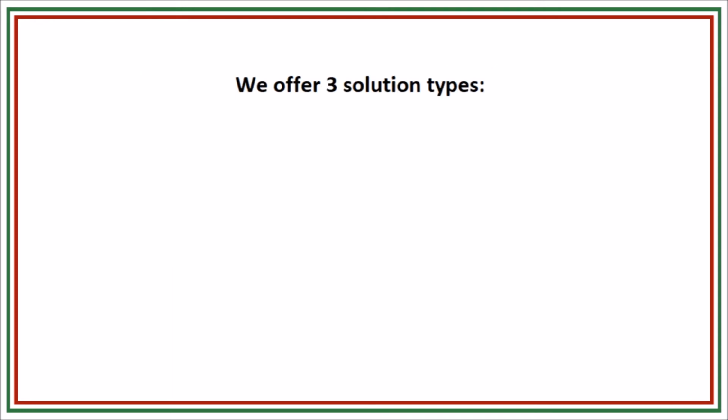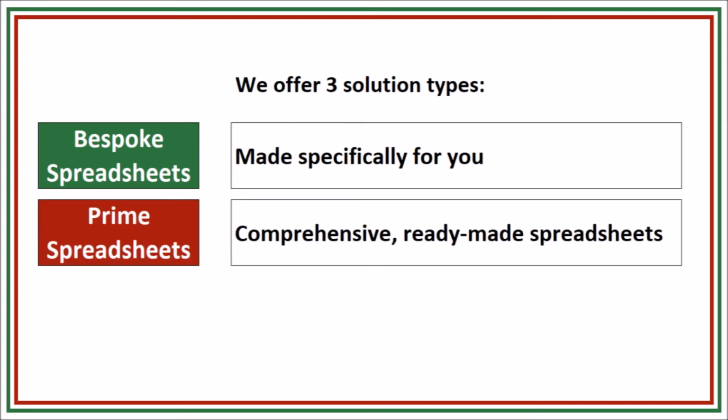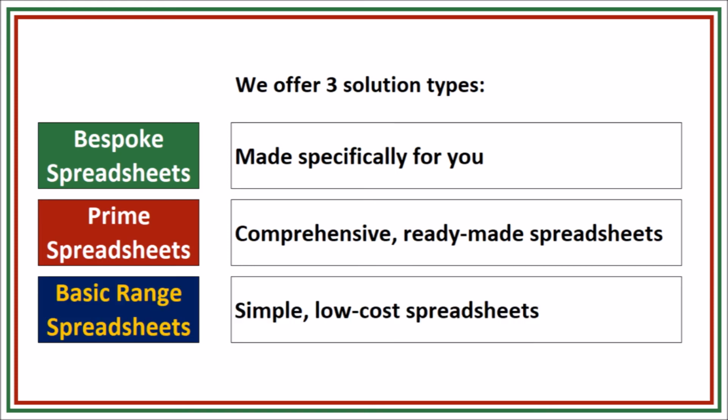We offer 3 solution types: bespoke spreadsheets, which are made specifically for you, prime spreadsheets, which are comprehensive ready-made spreadsheets, and our basic range, which is simple, low-cost